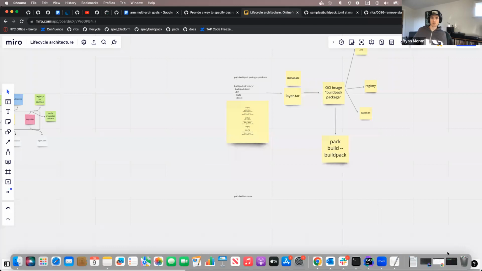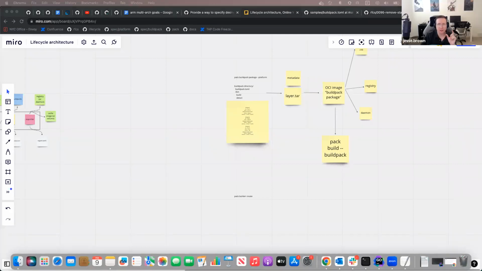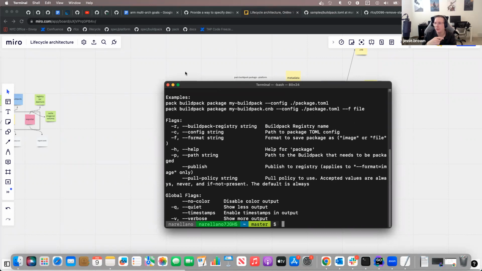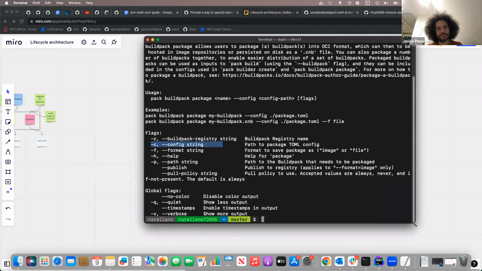Oh, for sure. Are you suggesting a single pack execution in that case, or multiple with it appending to the manifest list each time? I'm saying one pack execution where, either with a config file or with flags, you say I'm going to build for these target architectures. Then when it creates the image, you get that image with whatever tag you want to give it, and it does all the work in the background to get the manifest created so that when you pull, you're getting the right architecture.